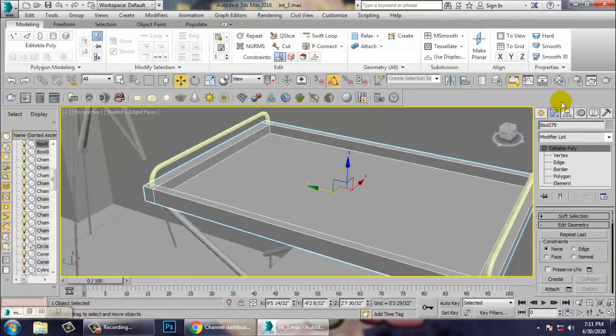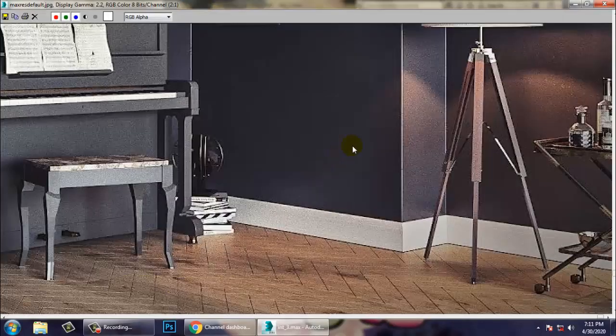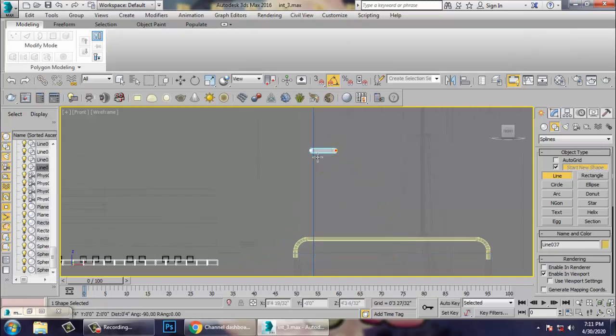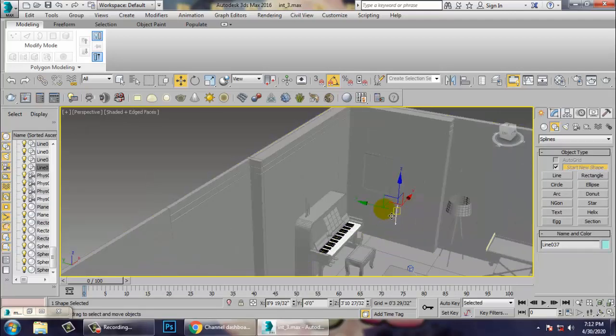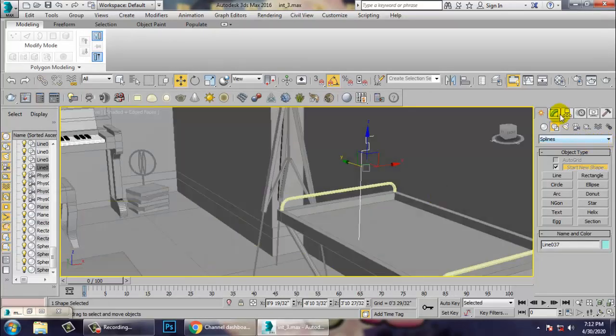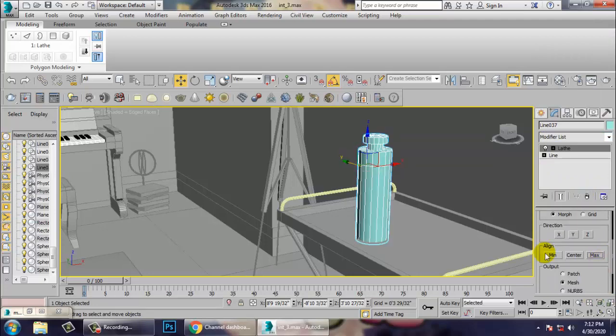That's very simple. So for creation of these bottles, I'll make these bottles like, first off this, so just push it till here, and let's give a modifier called lathe over here and use it as a max.